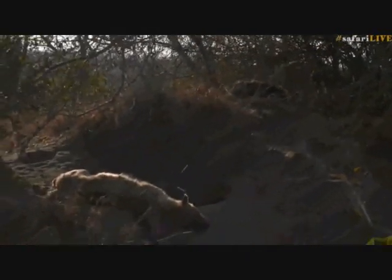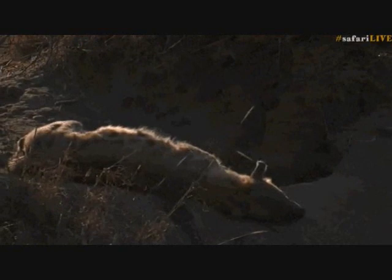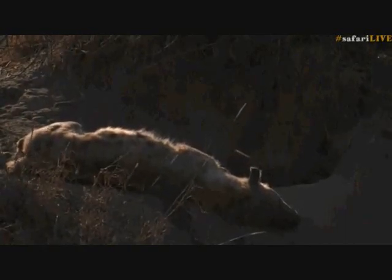And I was about to rush off from the den because we got a report that Tandi and Tamba had just been seen, but unfortunately it's in an area where there's no way we'll get any reception on Chitwa. It's in the Muluwanini drainage line, so there's unfortunately no chance of us being able to show them. So I decided I'd rather spend time with hyenas, and we'll see if we can't see the little cubs playing